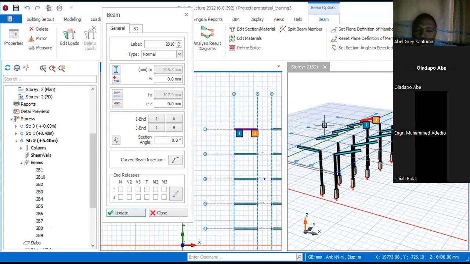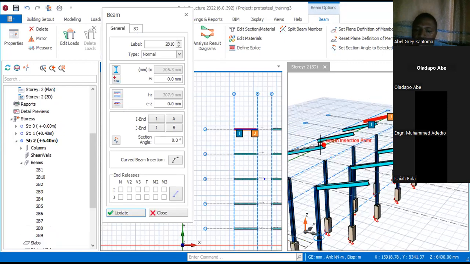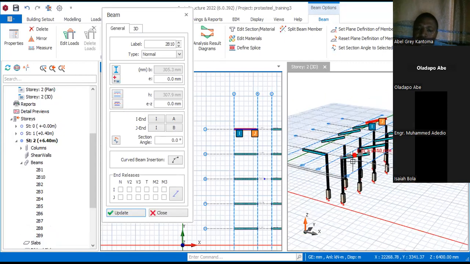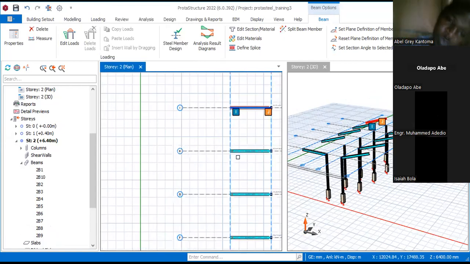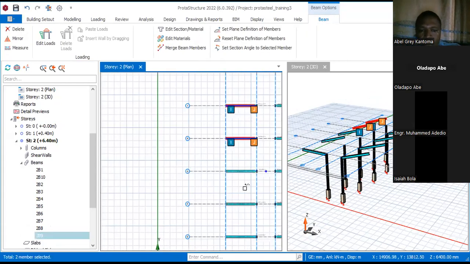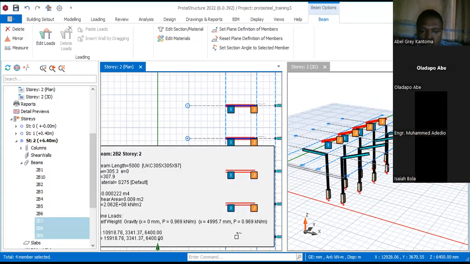Okay. You can see it's still taking the property of this particular one. So that's why you are seeing it inclined like this. I'm going to change that from the settings right now. So I will hold on Control, select all the beams,